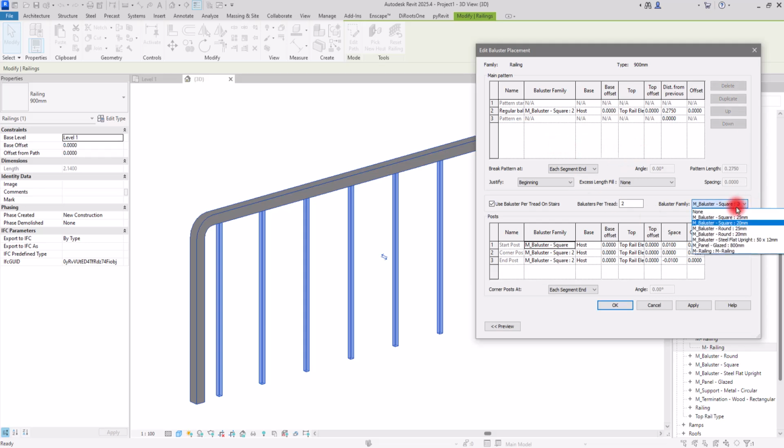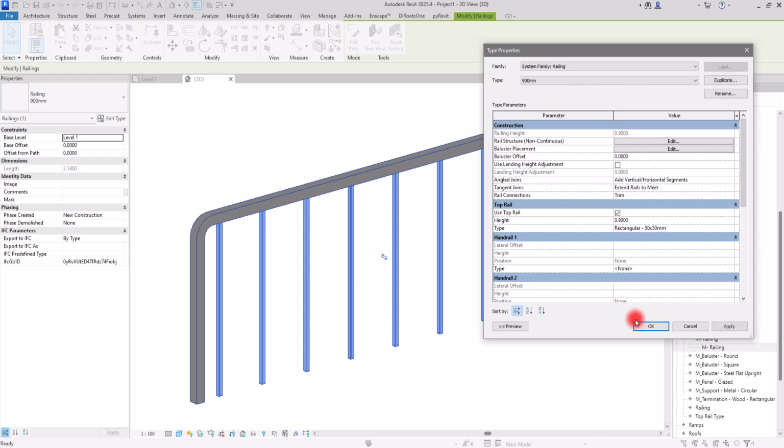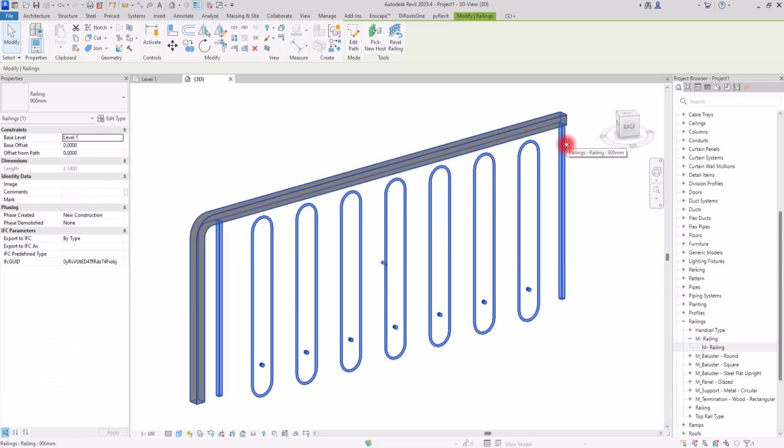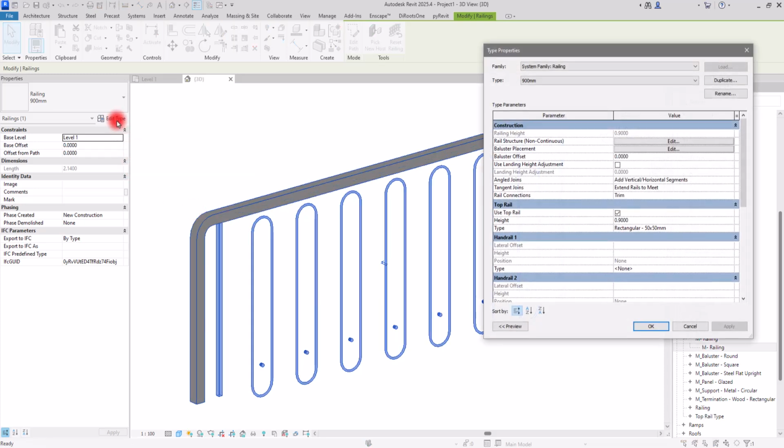I will select this M railing, the baluster that I have just created before. And if you want to learn how you can create it too, you can check this video up in the card section. Okay, so as you can see, this type of baluster doesn't need to have a handrail like this or posts like this. We can simply change these posts type if you want to, but the problem in here is about this handrail. So to hide it, to delete it, we can simply go to edit type,